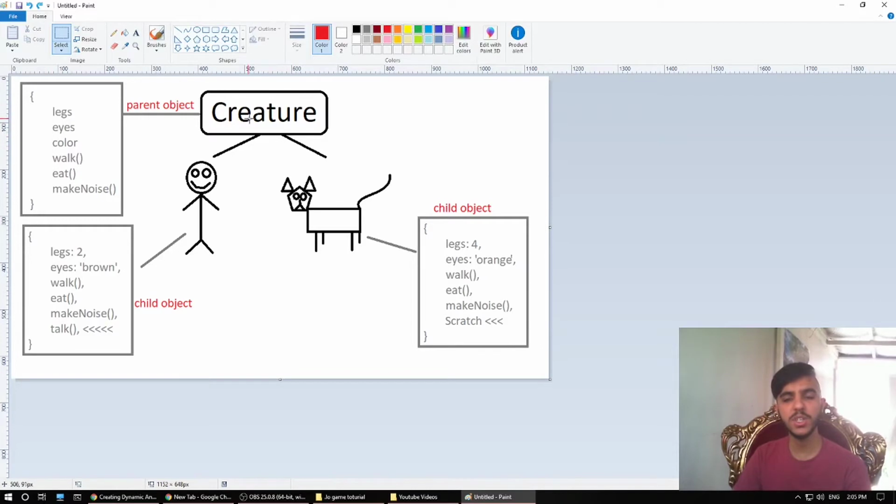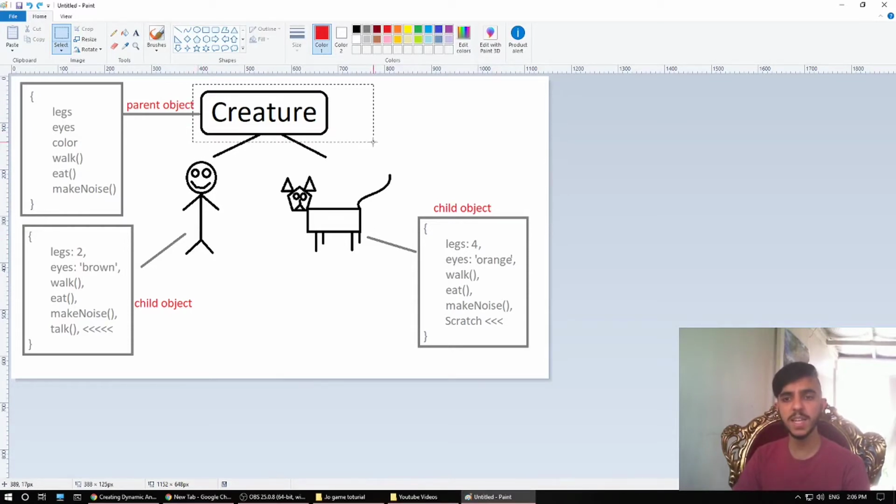So think of creature as a parent object of all child creatures in the world, like all the animals, maybe humans. They are all somehow a kind of creature and they share something. All of those things that are shared are in the parent object, just like that. And when it comes to the child classes or child objects, notice objects and classes are so much similar. Object and classes are basically the same thing. Now, child objects or child classes,